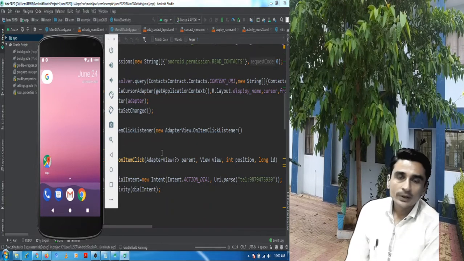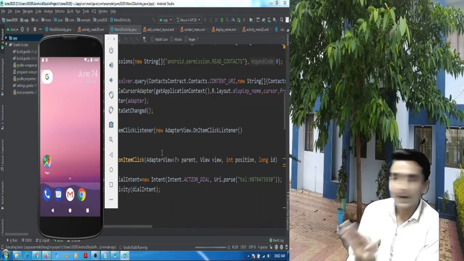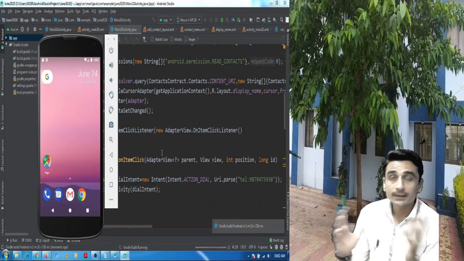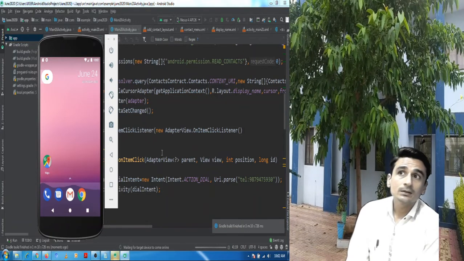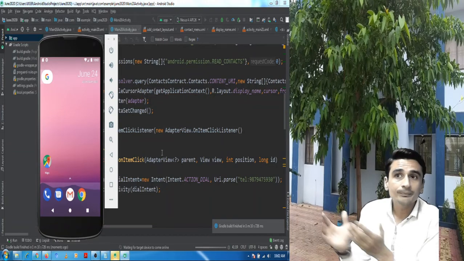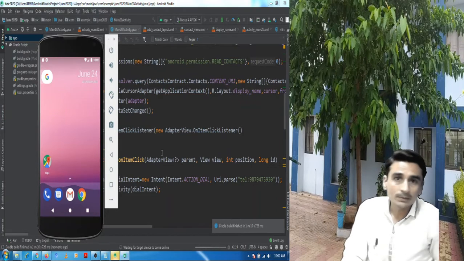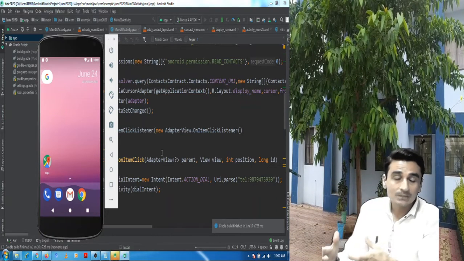So if you remember, in the previous few videos we have been demonstrating reading from the contact content provider. At that time we came to know that the data of a particular contact is distributed among more than one table. For example, the name of the contact is in one table, which is a master table.